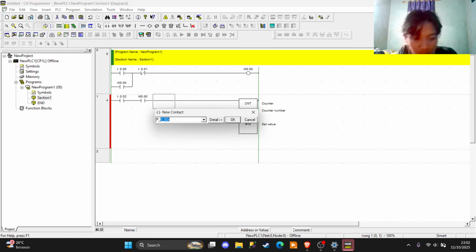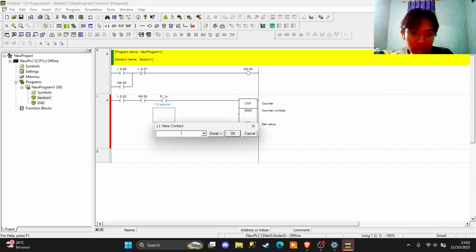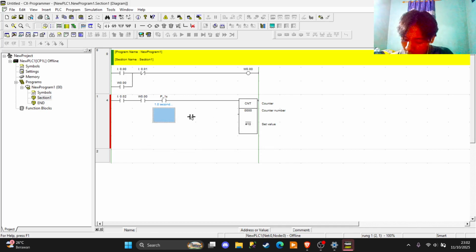Okay, and then we put here P_1s, 0.1 second. What's the meaning? P_1s means the counter is going up every 1 second. So after 1, 2, there is a delay of like 1 second, and then we put here 5 minutes.